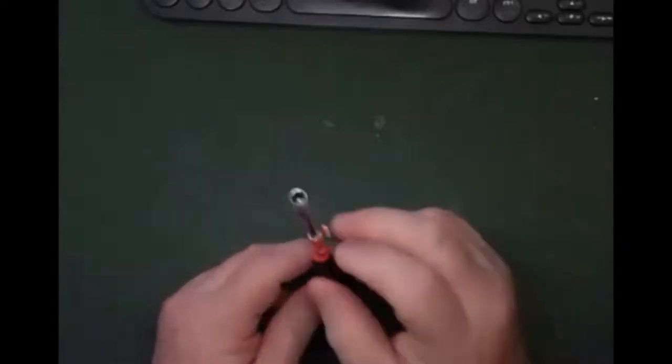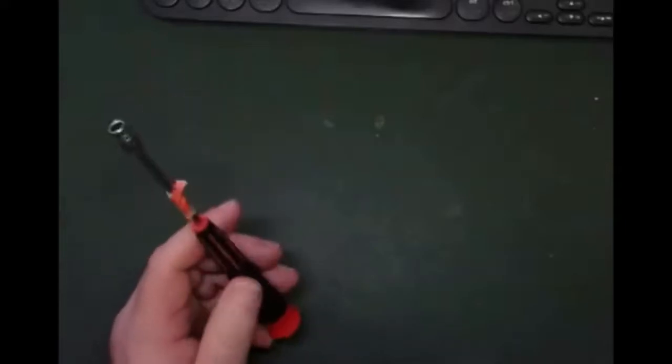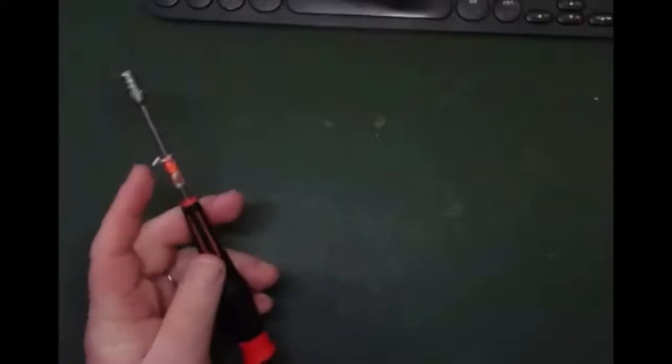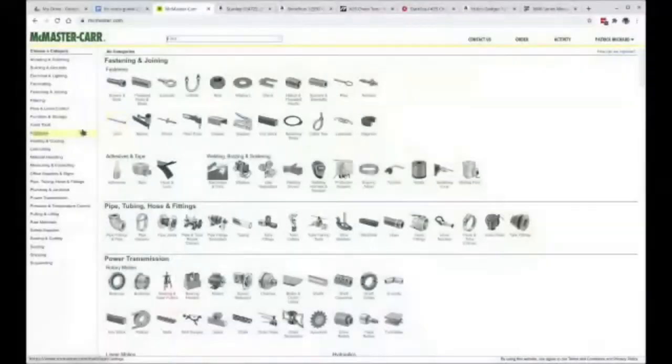The tolerances on these are a bit better, so it's worth getting a couple of these at least, if not just standardizing on them for your nut drivers from McMaster-Carr. If you go to the McMaster-Carr site, let me switch back. If you go to the McMaster-Carr site in general, you'll see they have all sorts of screws and threaded rods and nuts and washers and just all types of components. So this is another place to go to buy screws of different sorts that you might need for the different build